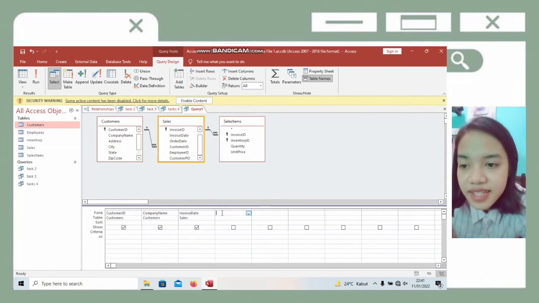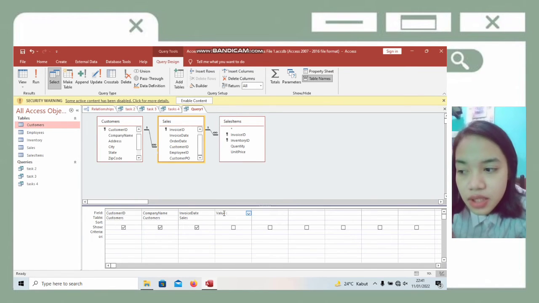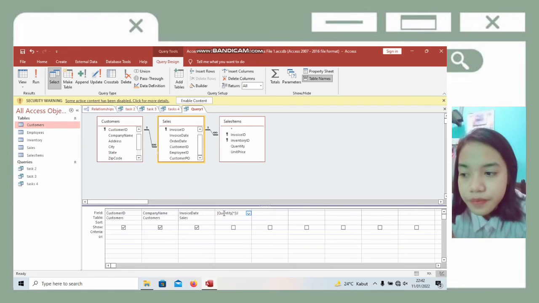Then in this section, we type Value colon, space, Quantity in square brackets, then star, and Unit Price also in square brackets. Don't forget to pay attention to the spelling of each letter.